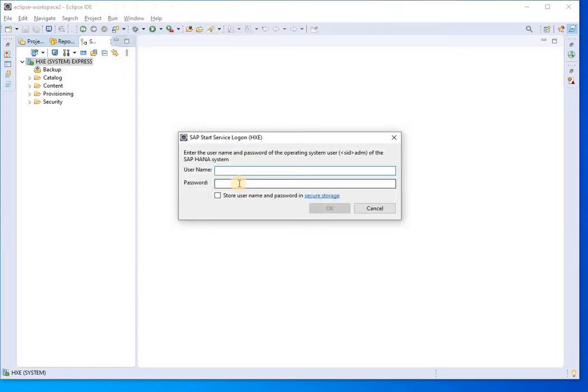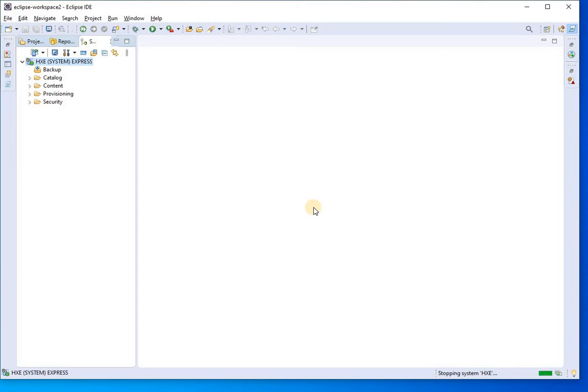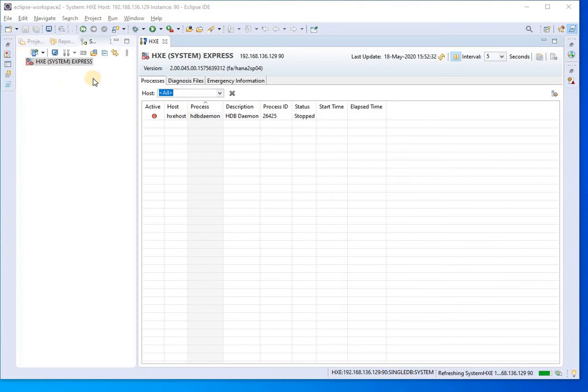It is asking for the admin password. So now it is stopping the system. You can see the progress at the bottom of the taskbar, stopping the system HXC. So now the SAP HANA system has been stopped.